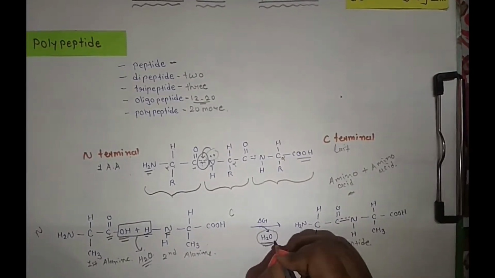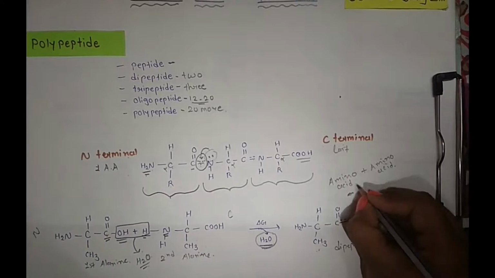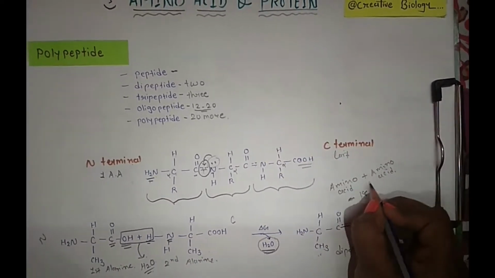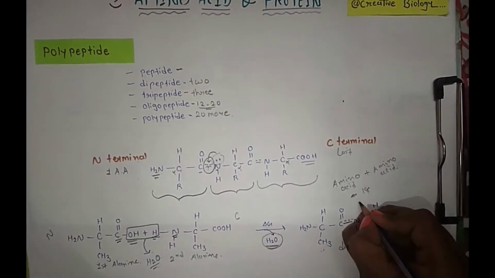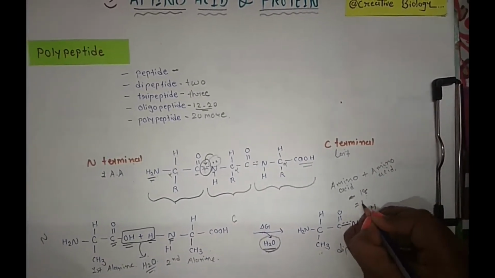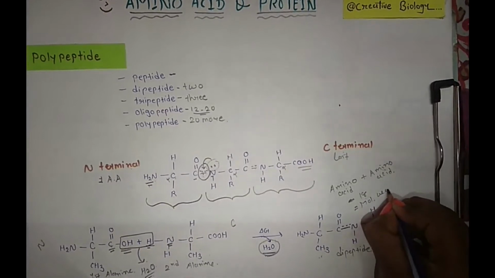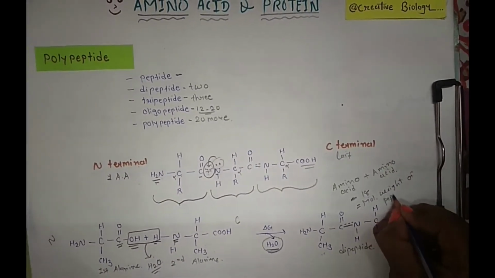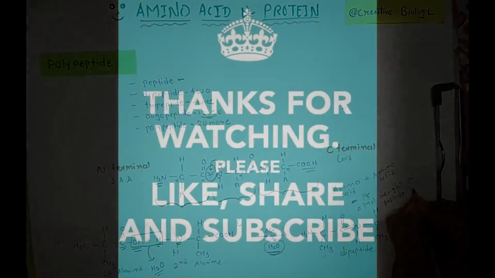The molecular weight of water is 16 plus 2, that is 18, right? So you just have to subtract 18 from the total. Here you get the molecular weight of that peptide chain. So that's all about